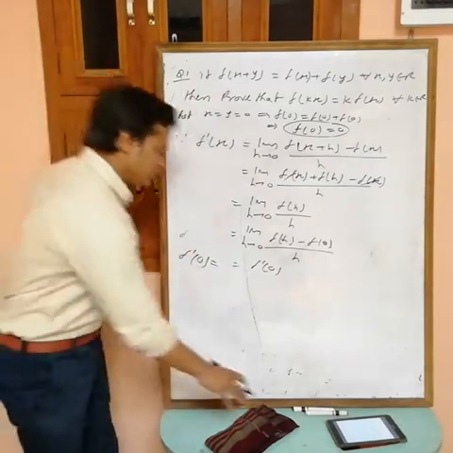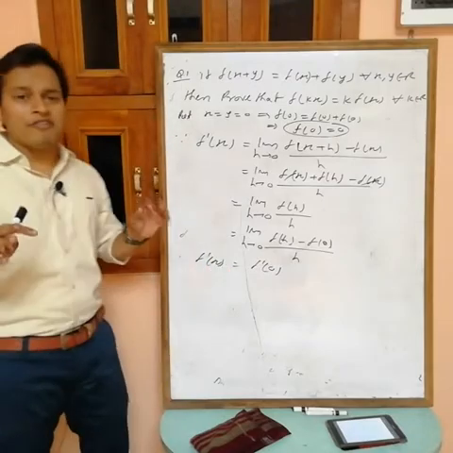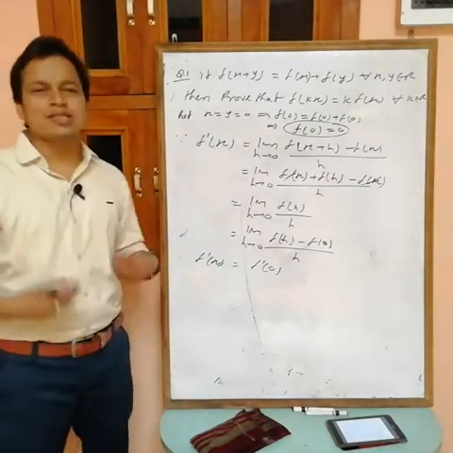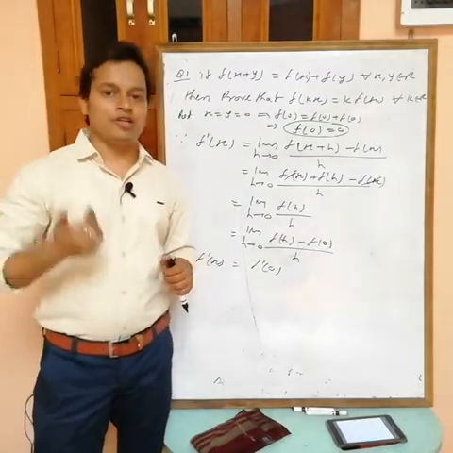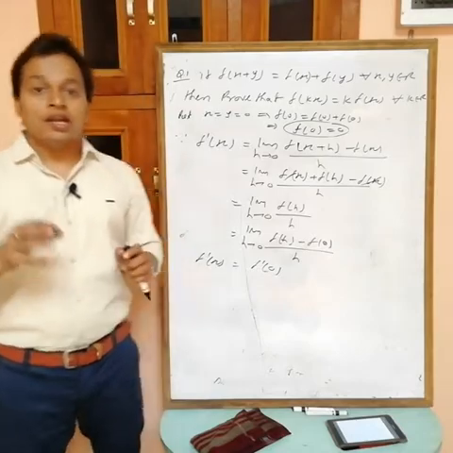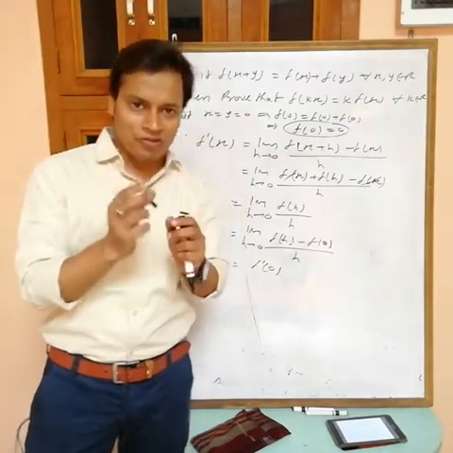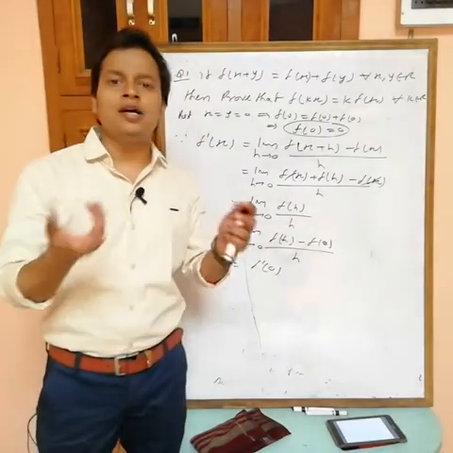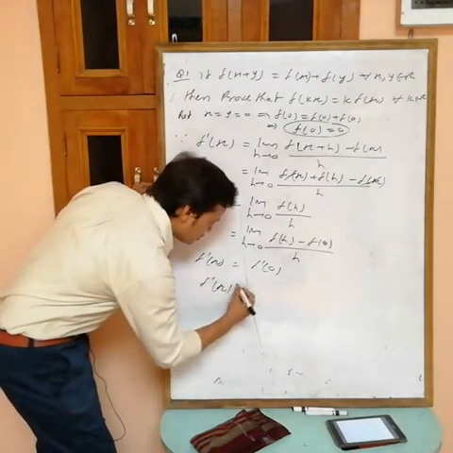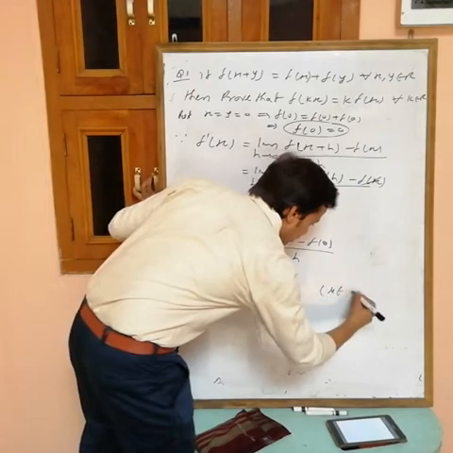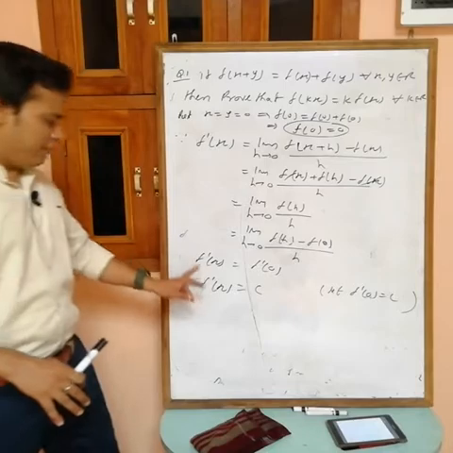This one is f'(0), and that is f'(x). Now f'(0), we don't know the value, but this is some constant. Obviously, suppose you have any value of f(x), then differentiate, what will you get? f'(x). Now in f'(x), if you put x equals 0, it means we are putting a fixed value of x, then you will get a constant fixed value. So suppose f'(0) equals c. Let f'(0) equal c, any constant. So f'(x) equals c.